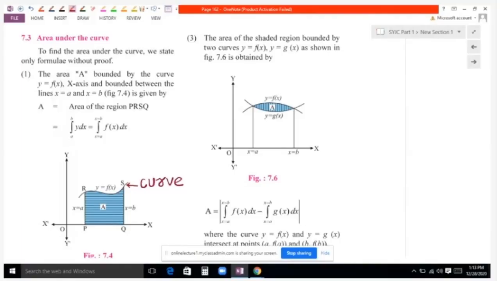X is equal to A, and X is equal to B. So this P and Q, since it lies on the X axis, we know that every point which lies on the X axis has the Y coordinate 0. And since it has the Y coordinate 0,